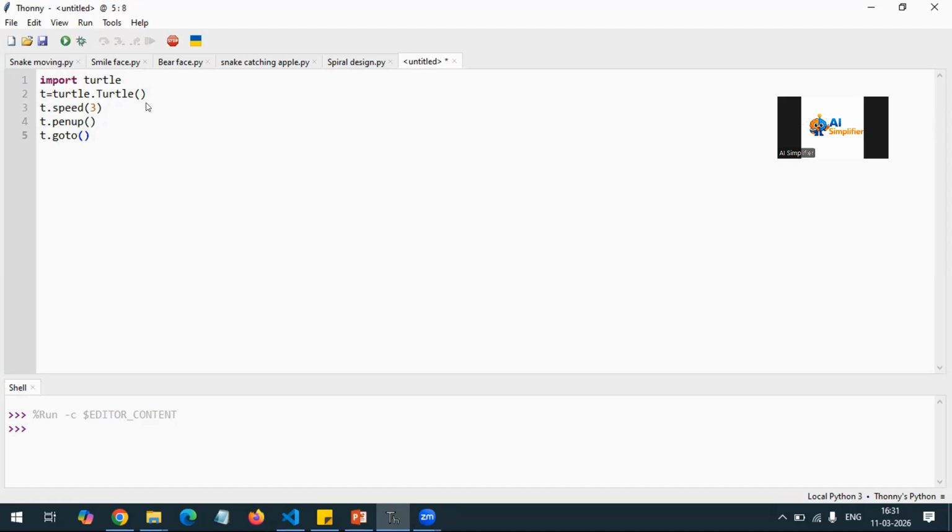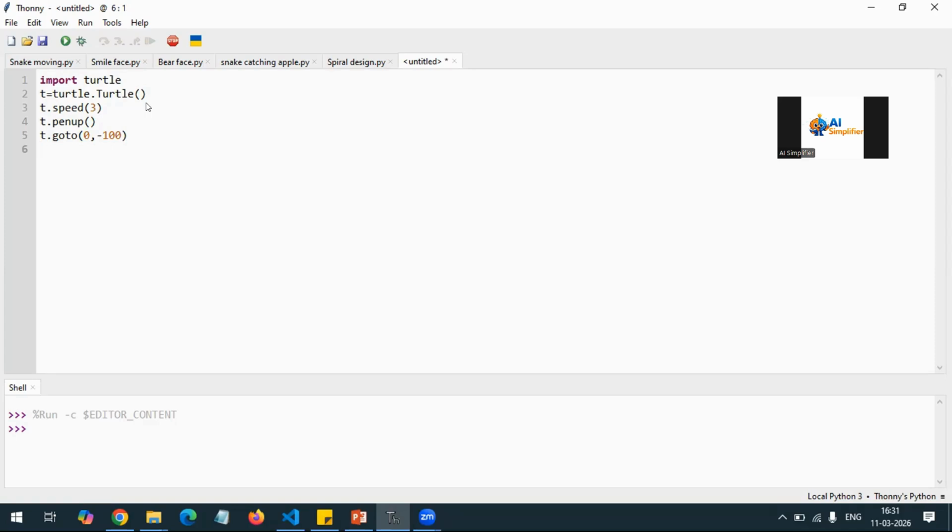The XY coordinate can be anything, according to your choice. I am just taking random values: 0 is the X coordinate and minus 100 is the Y coordinate. So now my pen will move to this position, that is 0 and minus 100.